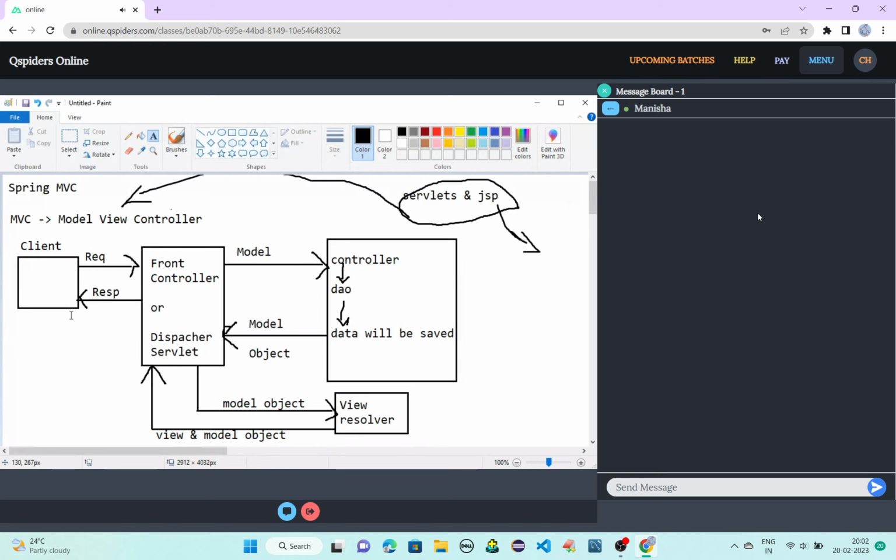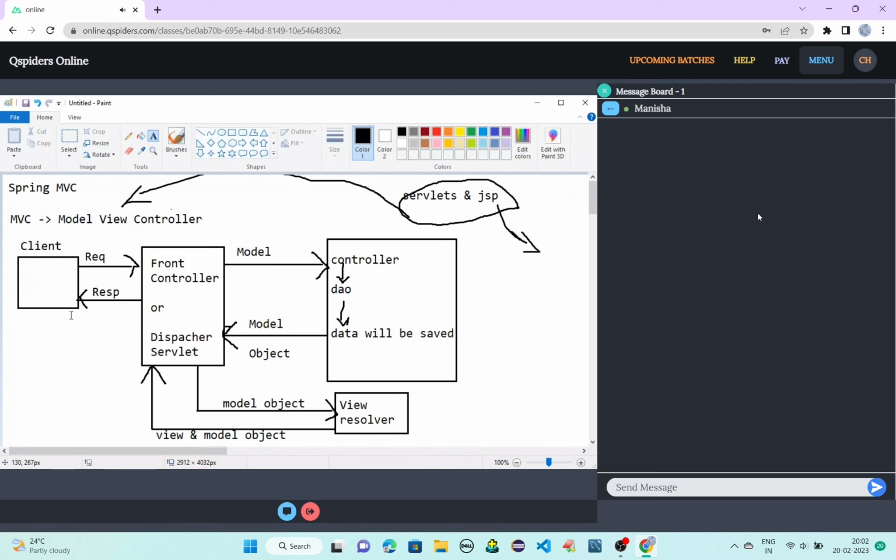So that data is called the model, and that model will be further passed to the controller's DAO, and then the data will be saved into the database. Once the data is saved into the database, the model object will be sent back to the dispatcher servlet.